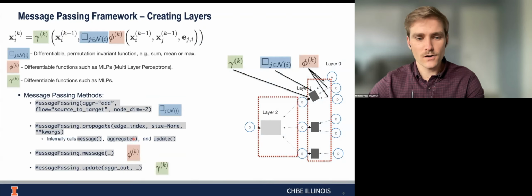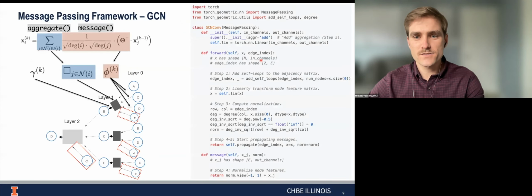we then call aggregate. And this is also behind the scenes here. See how step 5 is up here. Aggregate is called, we set that keyword argument to add. So then it adds the messages in such a way like this. And then update would be called, but we don't have anything. So all update will do is it'll basically just set the new X value for, I'm going